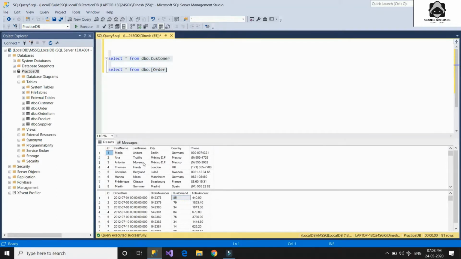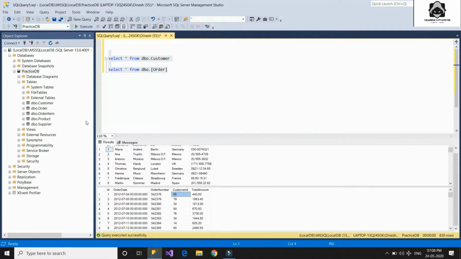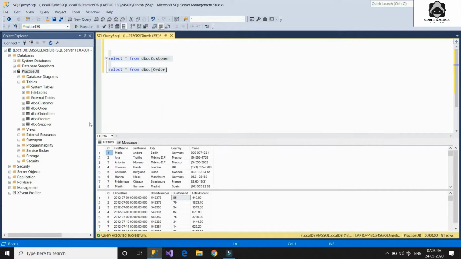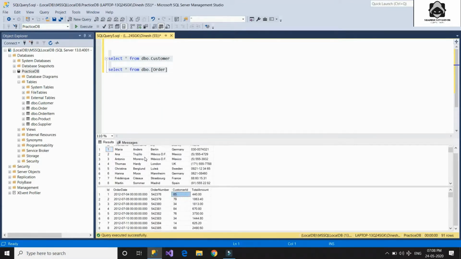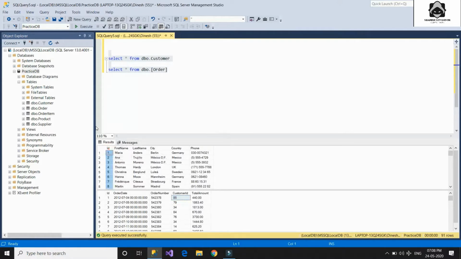The thing about inner join is whenever you will be applying inner join, you will be getting the number of records in the join equal to the number of records which are in the bigger table. But here firstly you can see that we are going to apply inner join on the ID field of the customer as well as on the customer ID of the order table.